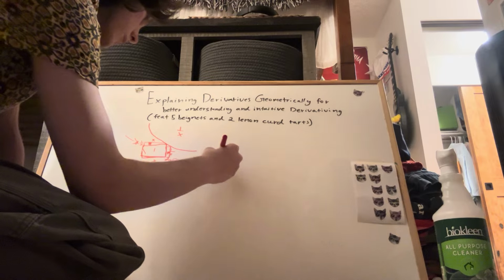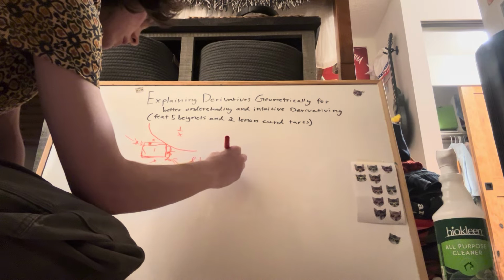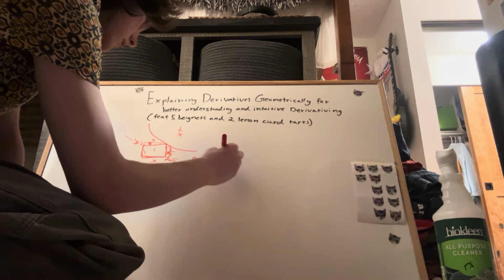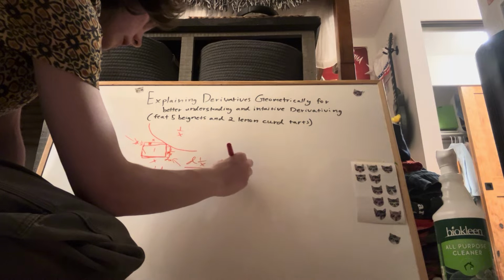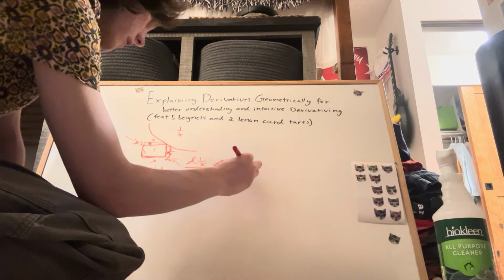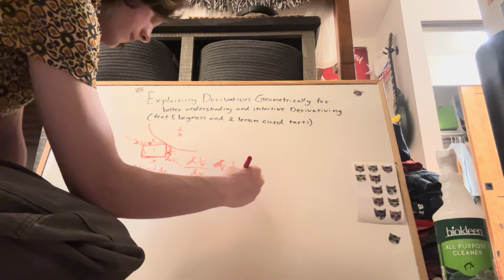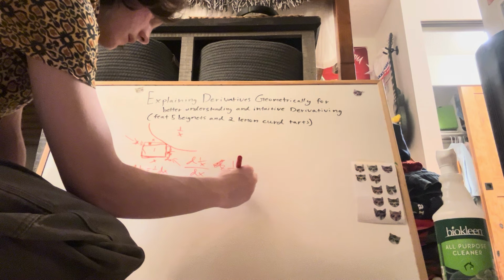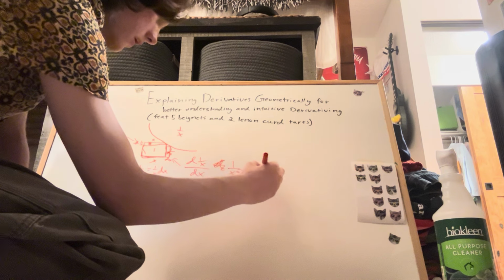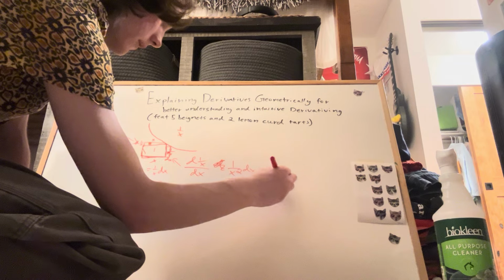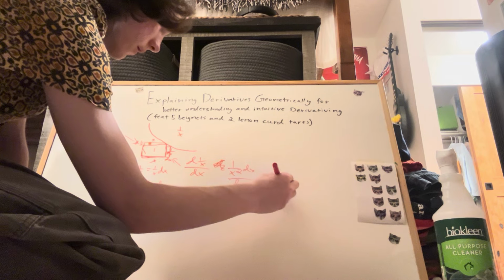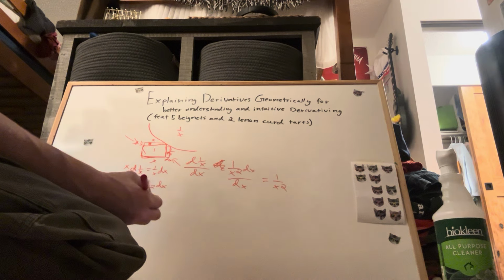And if d of 1 over x is equal to 1 over x squared dx, and we divide it by dx, they just kind of cancel out, we get 1 over x squared,